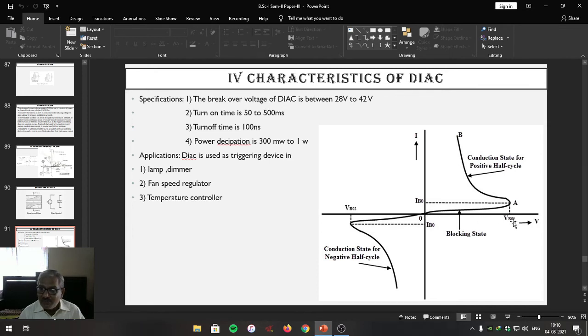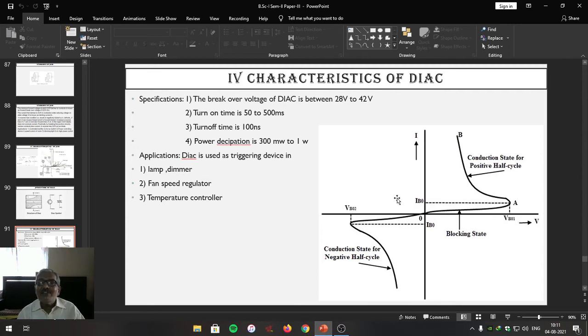But when voltage increases to forward breakover voltage, up to that the minority charge carriers may conduct a little bit amount of current. This region we can call the blocking state or blocking region of the diac, where it doesn't conduct the current. But when supply voltage becomes equal to forward breakover voltage, the forward bias of Z1 and Z3 is totally reduced, junction J2 will break down and current through MT1 suddenly increases and diac goes into conduction state. This takes place for the positive half cycle, means when MT1 is positive, MT2 is negative.